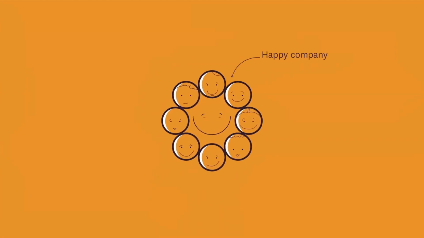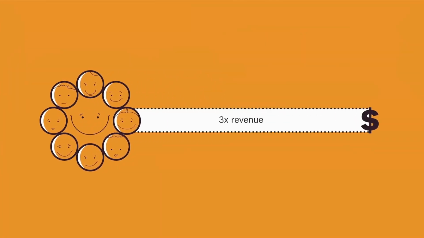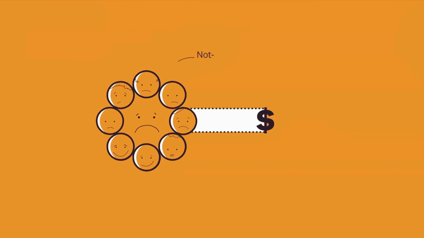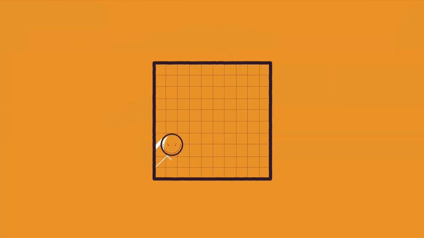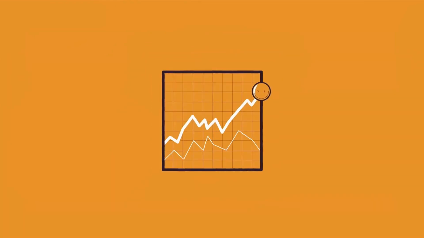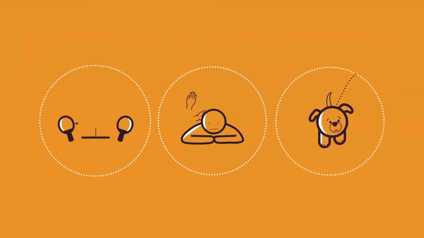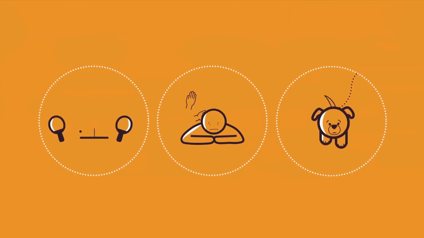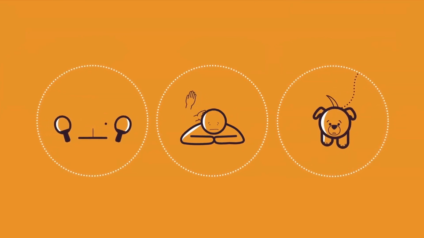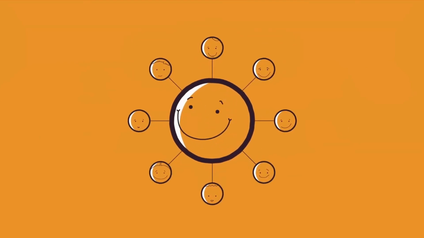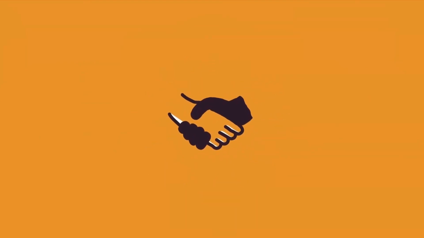Well, let's talk about money. Organizations that have a lot of happy employees have 3 times the revenue growth compared to organizations where that's not true. They outperform the stock market by a factor of 3. And if you look at employee turnover, it's half that of organizations that have a lot of unhappy employees. The miracle thing is you don't have to spend more money to make this happen. It's not about ping pong tables and massages and pet walking. It's not about the perks. It's all about how they're treated by their leaders and by the people that they work with.